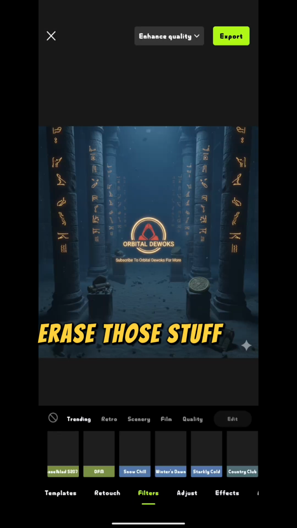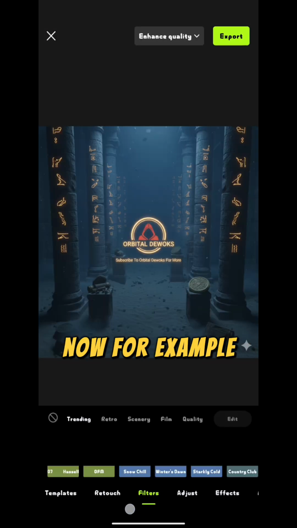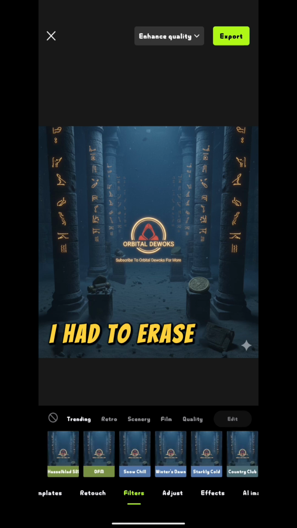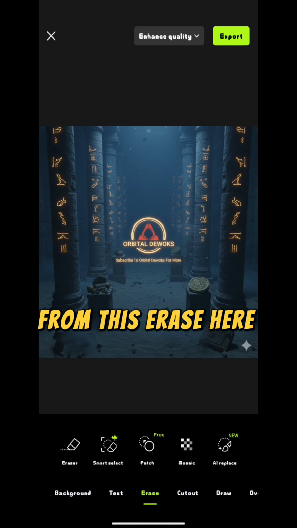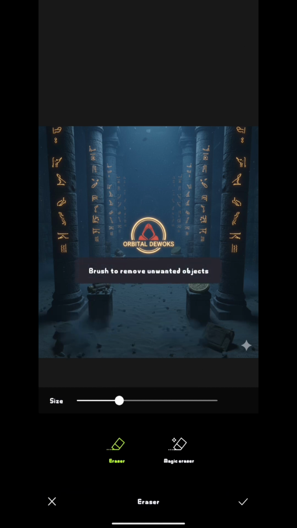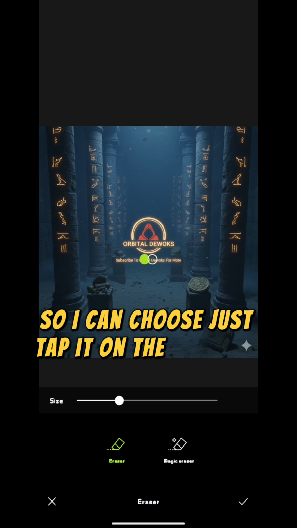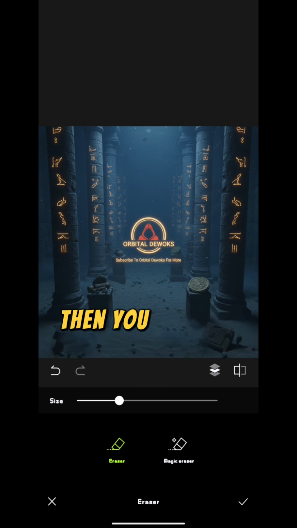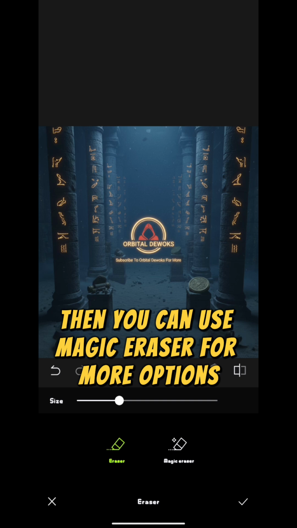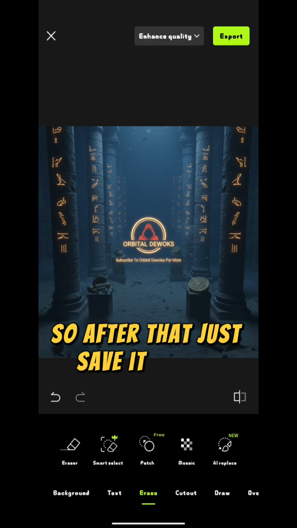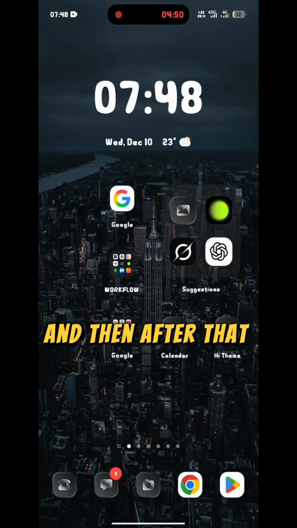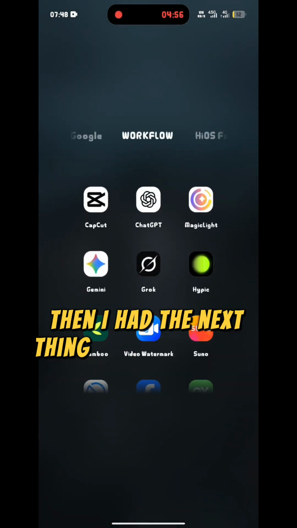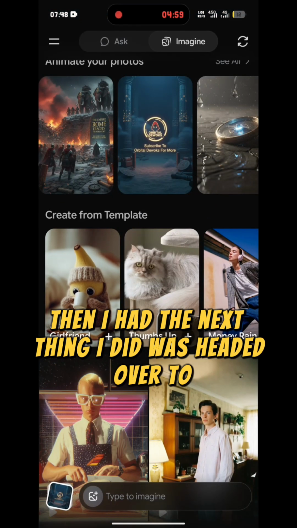That is where I erase those things. Like this, for example, I had to erase this logo from here to make it more authentic. I can choose, just tap it, and it will wipe off. If you want it this way, you can use Magic Eraser for more options. After that, just save it and export. After editing it, the next thing I did was head over to